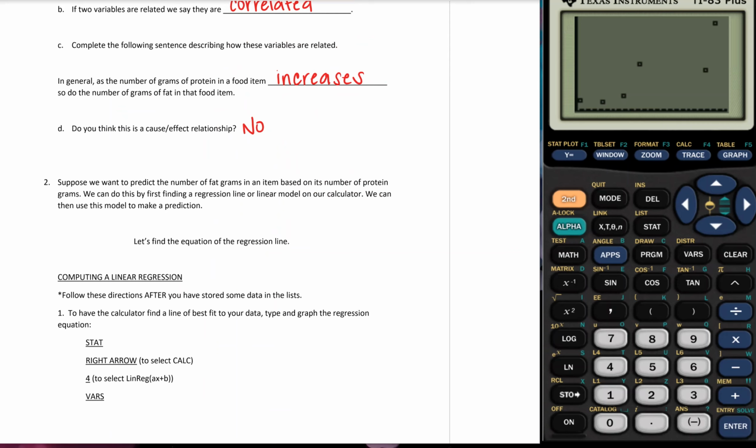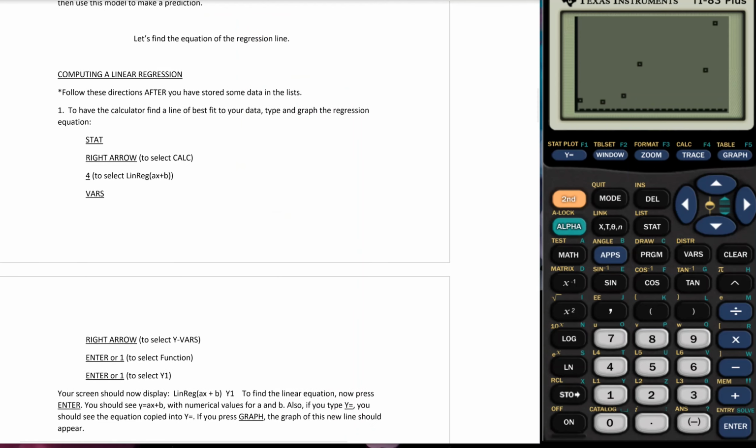All right, so for part 2, it says, suppose that we want to predict the number of fat grams in an item based on its number of protein grams. We can do this by first finding a regression line. Okay, so we're going to be talking about regression line, linear regression model. We should already know how to do that. If you don't, I have the steps all in here. All right, but the easiest way I can tell you to do it is we're going to calculate it